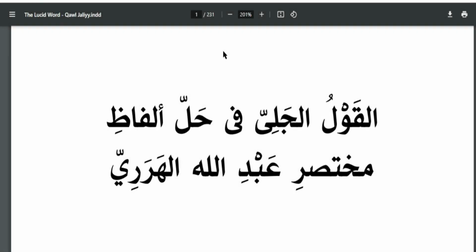Lillahi ta'ala, correct your intentions. Today, inshallah ta'ala, we're going to start a new book. We're going to go over Al-Qawl Al-Jaliyy